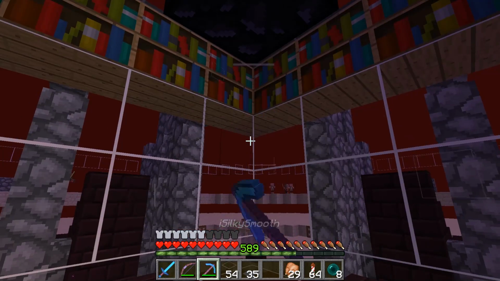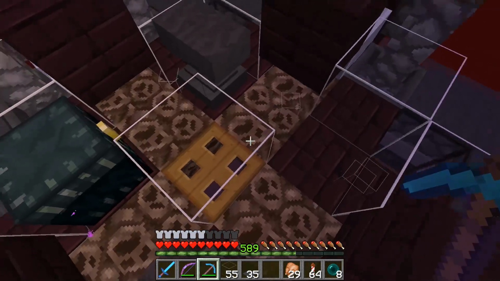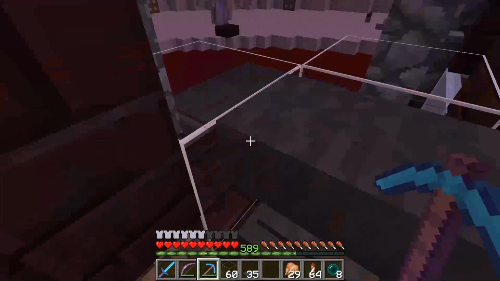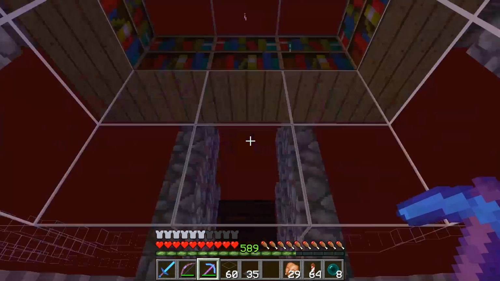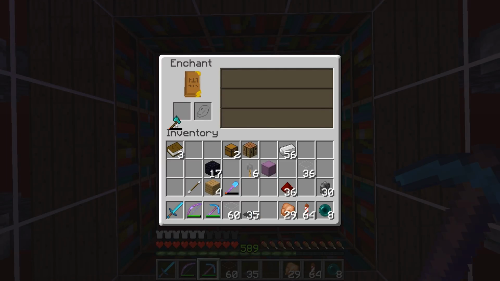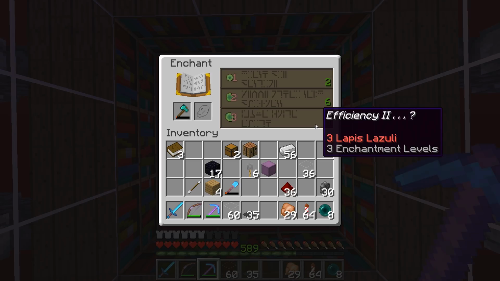Now we have an enchantment setup pretty much right above our head, not too close, so we have a little bit of space. And you probably won't even notice it or see it until you need it and you look up. And that's perfect. So yeah, we can enchant, we can repair, all the things. And now that I've done that,